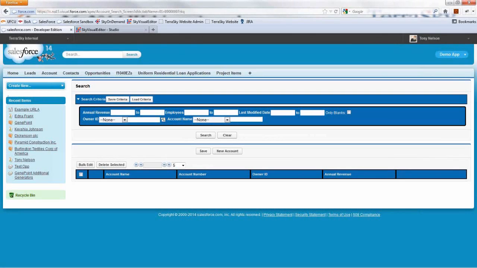All right, so SkyVisualEditor is a platform that allows you to create Visualforce pages without any code. It's going to be done in a drag-and-drop environment. It's designed to be something that a non-developer can easily pick up and leverage to make very rich and complex